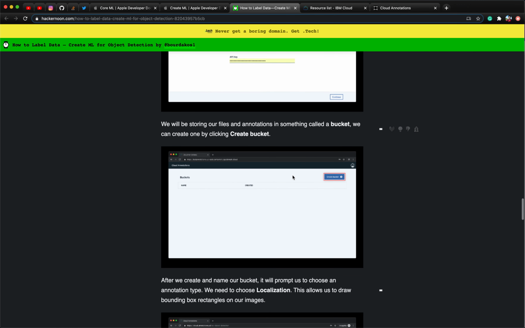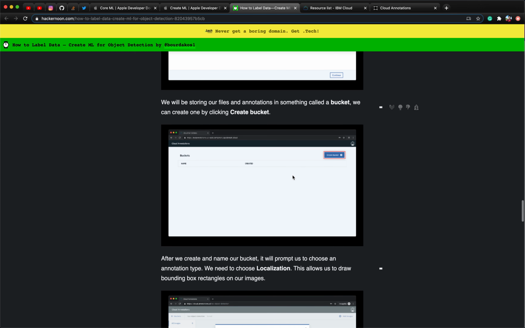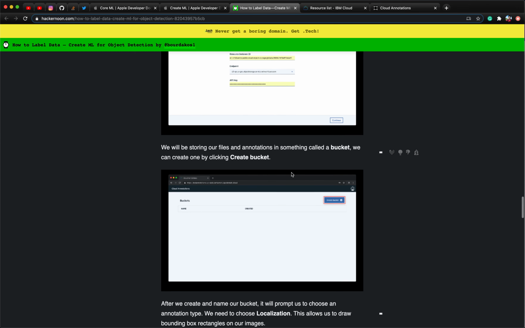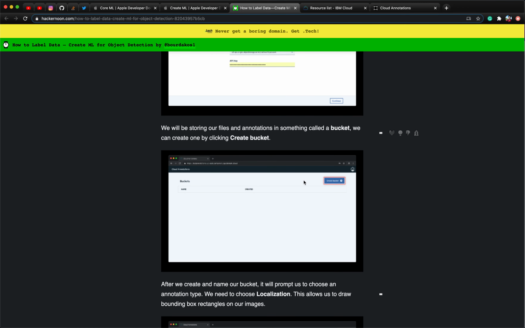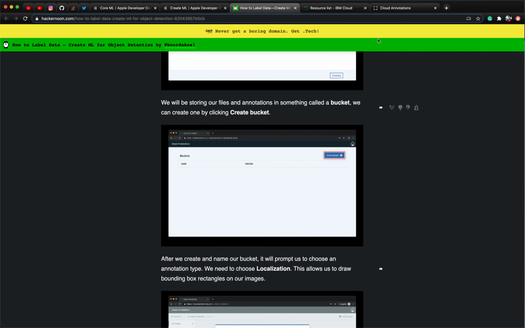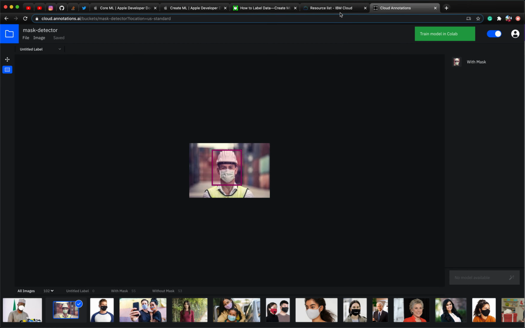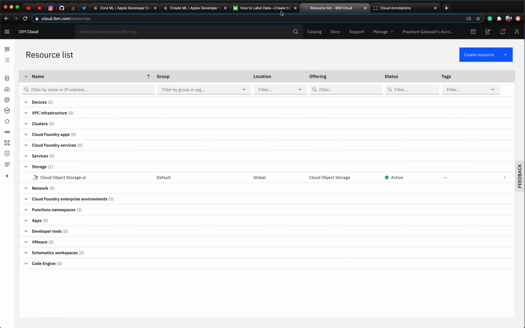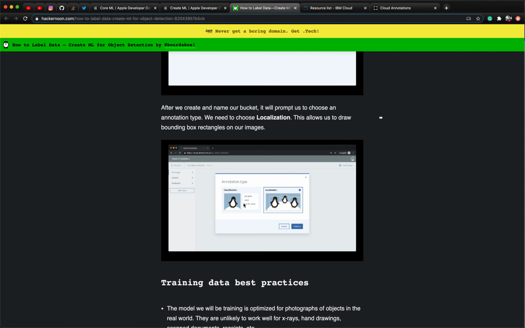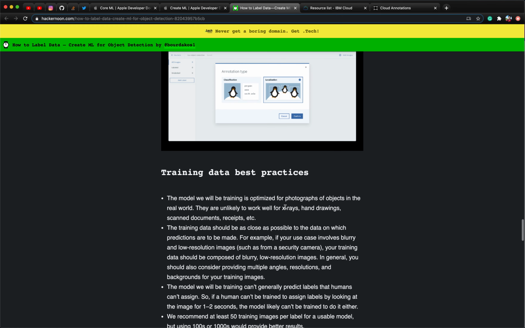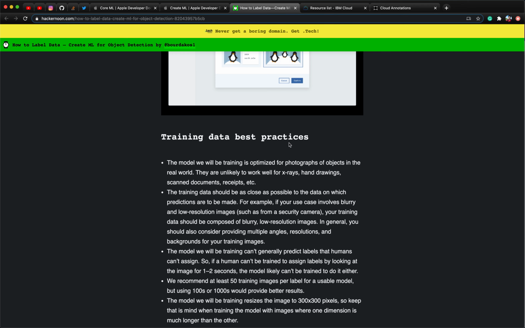So you can see here you have to create a bucket. Here it is one extra step given in the recent, you can say the latest software. Here you don't need to do that, that is by default selected, this creating bucket. And then you have to select what type of project you want to create. So classification we have already seen, but here we want to do object detection. So you have to select localization, and then you have to provide your training data.